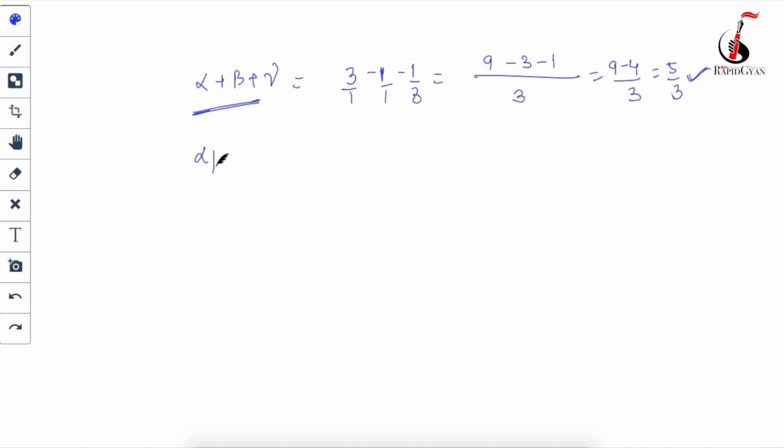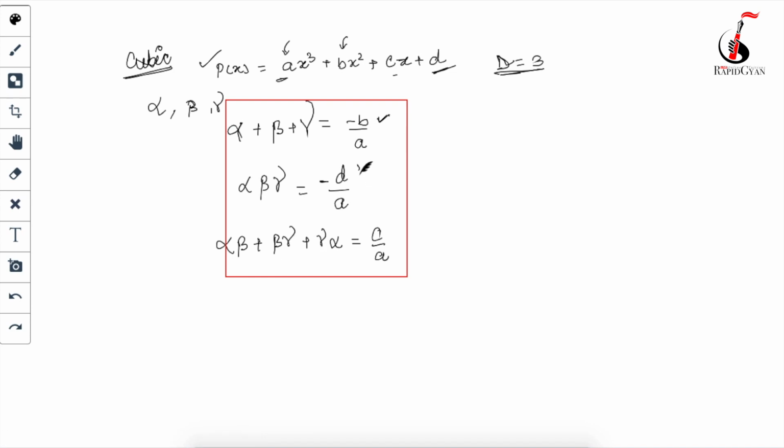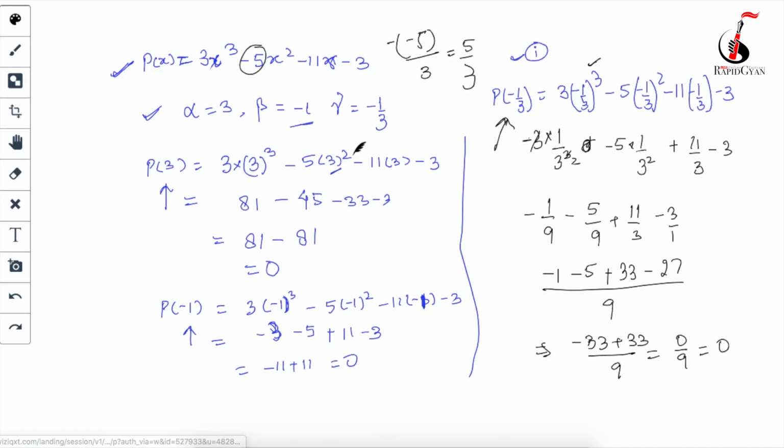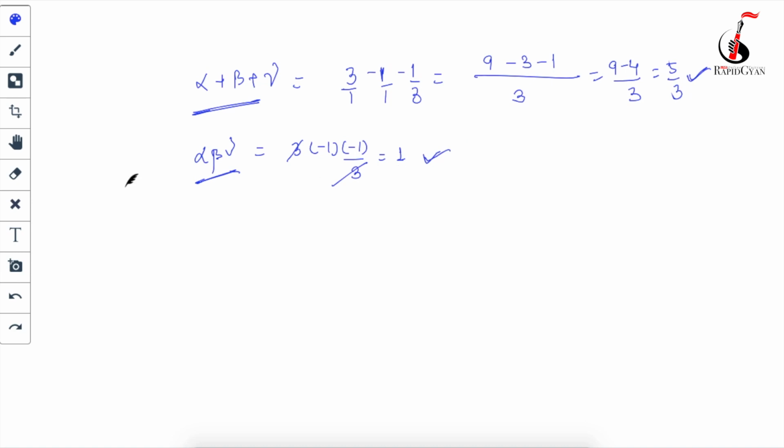Now find the value of alpha, beta and gamma. So this will be very simple now. See, 3 multiplied by minus 1 multiplied by minus 1 upon 3. So 3 and 3 cancel, minus 1 into minus 1, you will get 1, which means the product of the roots you will get is 1. So what's the formula I have told you for the product? It's minus d upon a. Come here, what is your d? D is your minus 3. So minus of minus 3 upon a, which is your 3. It means this will become plus. So if you do, you will get 1. Check here. What's your answer? Your answer is 1. So now this is also verified.